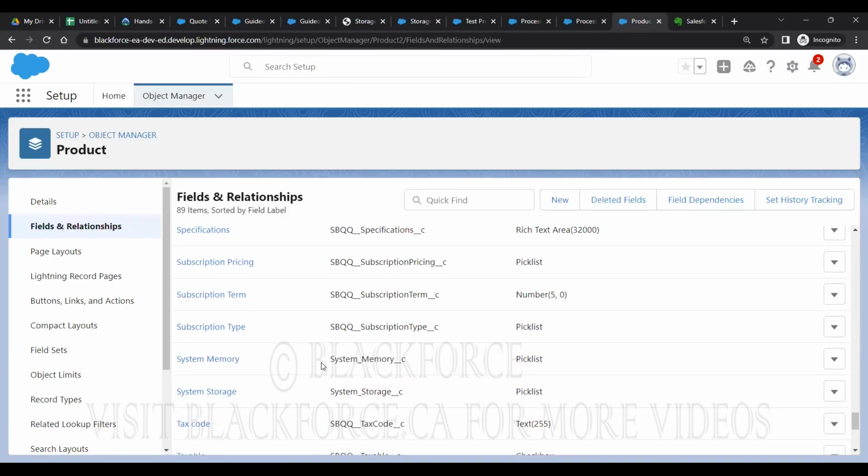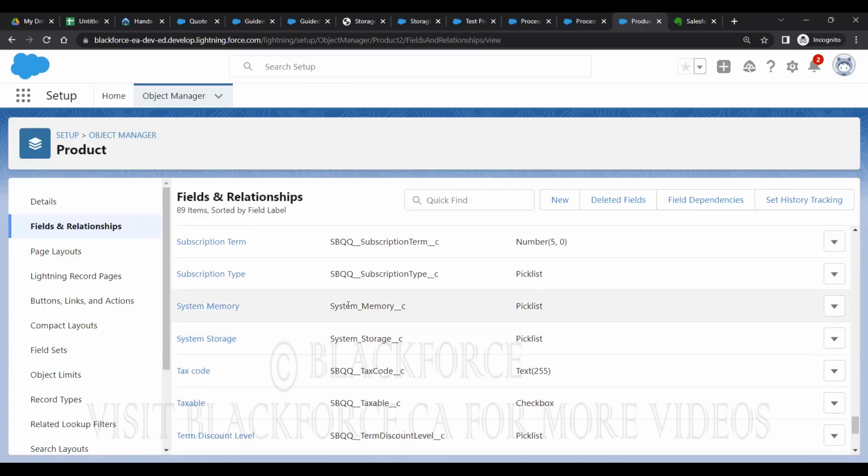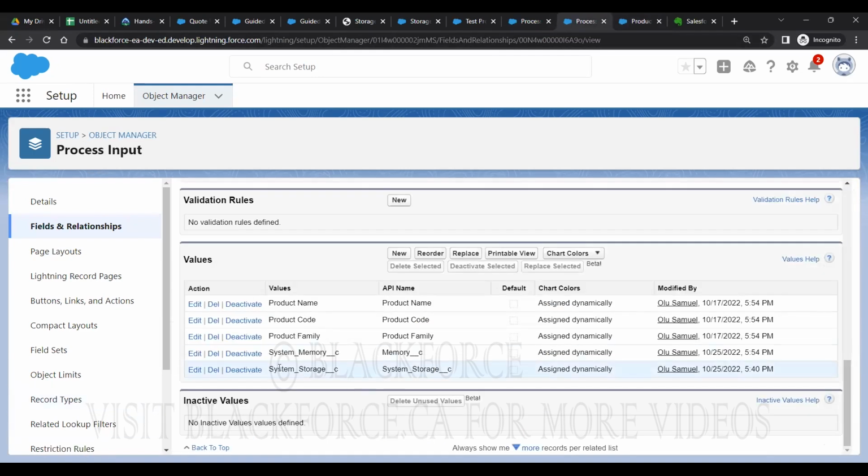That can cause some problems actually. So not using the right API names can cause some problems. So what I want to do is make sure that if I'm using system memory in the product, I'm also using system memory as the API name here as well. Okay,